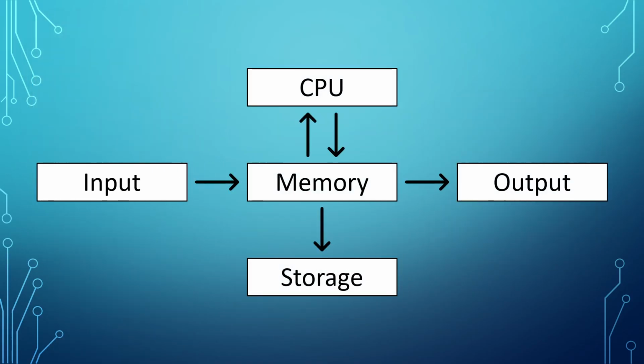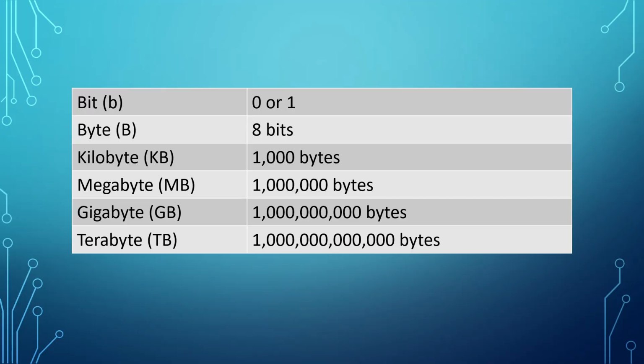Whatever you input is generally put into memory first. Let's step back and talk about the binary system. Computers only know two states, on and off. There's an electrical charge or there isn't one. There's a magnetic positive or there's a magnetic negative. There's always one or the other, and this on-off state is how computers compute. A bit represents that on-off state as either a 0 or 1. A byte is 8 bits. From there, we have our usual prefixes like kilobyte, megabyte, and gigabyte, which indicate 1,000, million, or billion bytes.